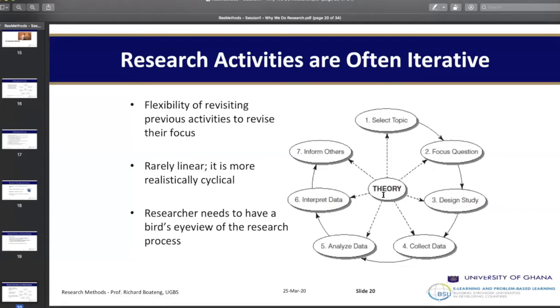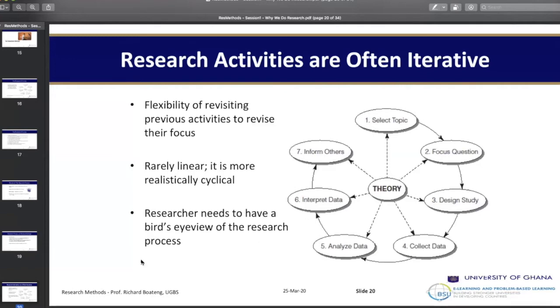So let's continue. I was emphasizing earlier that you should keep in mind that when you choose your topic and your question, you should also think about how you are going to collect your data and analyze your data. Some of you students, you are not good quantitatively, so you don't like doing quantitative analysis. Don't go and choose a type of question that requires you to do a survey and analyze quantitative data if you don't have capacity or you don't have somebody to help you to do the analysis. It will be better for you to choose what you can be able to do, which may be qualitative. Or if you also don't like qualitative, you are very good at quantitative, make sure that your questions are phrased in a manner that leads to a quantitative study. And these are some of the things that we'll be learning as we go on.